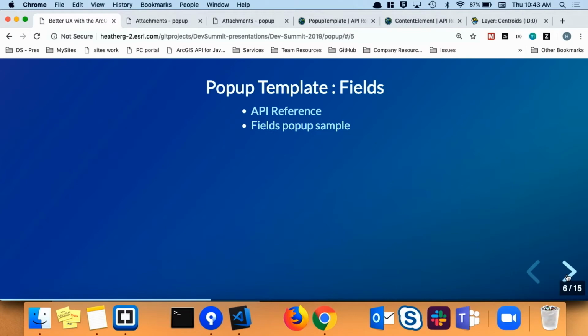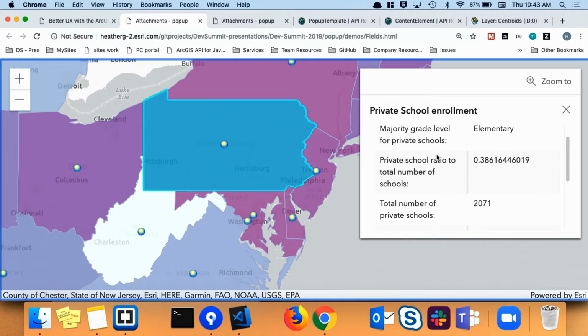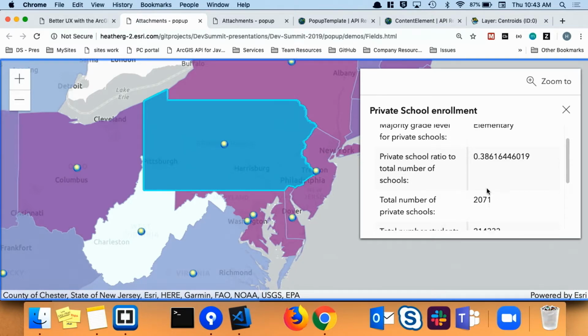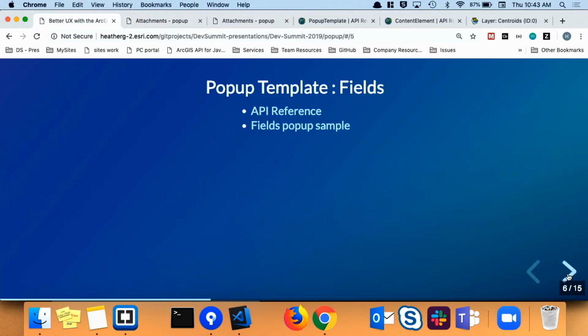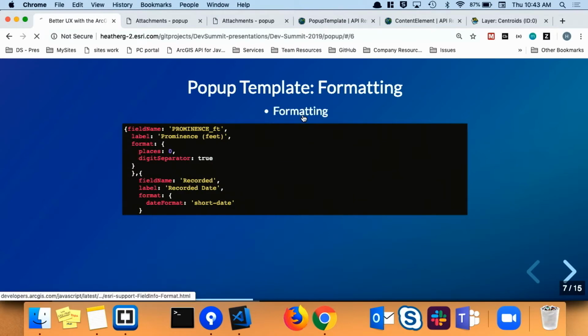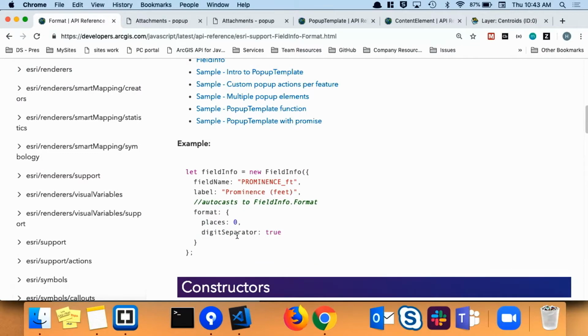All right, so what you may have noticed in this sample is that this big, huge, long number is kind of ugly as well. So we may want to format that. We have a bit of formatting functionality that you can specify within your code. It allows you to set the places, so how many places you want to have, if you want a digit separator, and the places that you want to have shown beyond that. So what I have back in that code,